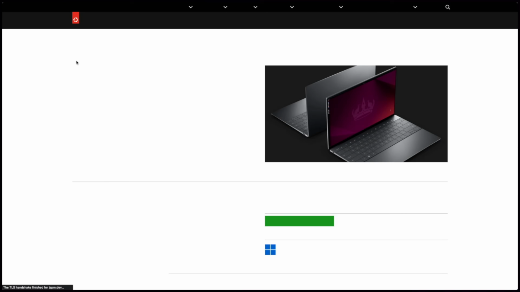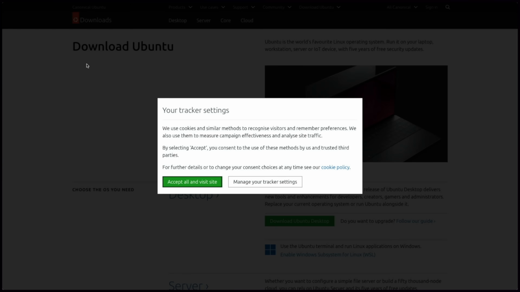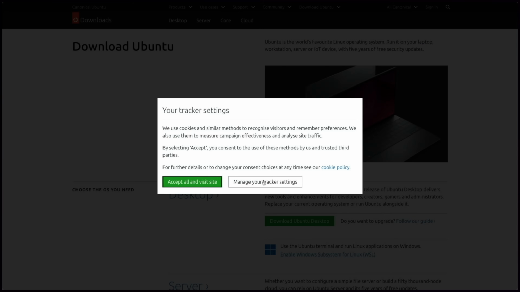One of the worst designs in the modern web is this type of cookies notice. Consider the alternatives. When we installed Manjaro and Mint and went to their respective web pages, they didn't have any cookie notices. That's my ideal scenario, but I understand that some websites really want cookies. So how about a pop-up in the bottom left or the bottom right at the bottom of the screen? Anywhere else. That's the lesser of two evils here, but that's not what Ubuntu does. Here we get a massive pop-up in the middle of the screen, darkening the rest of the screen, pulling all of our focus to the cookies notice, and we can't interact with the rest of the web page.